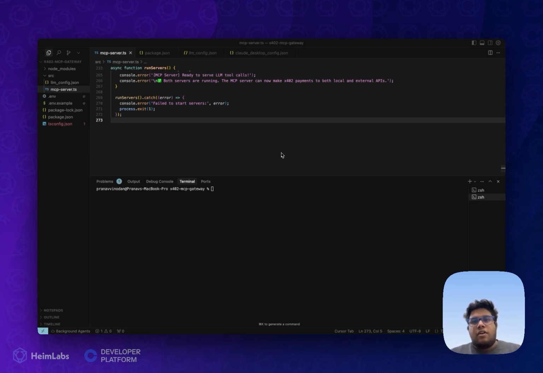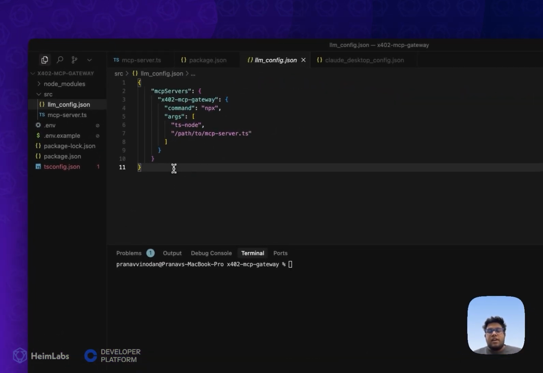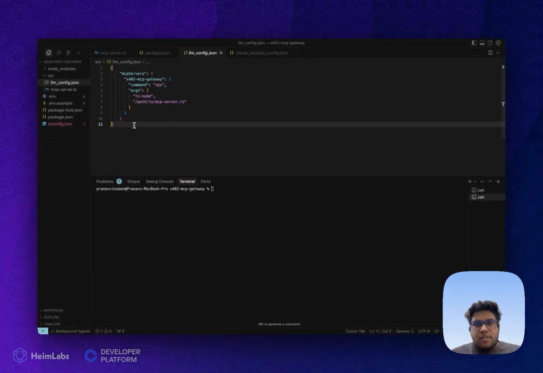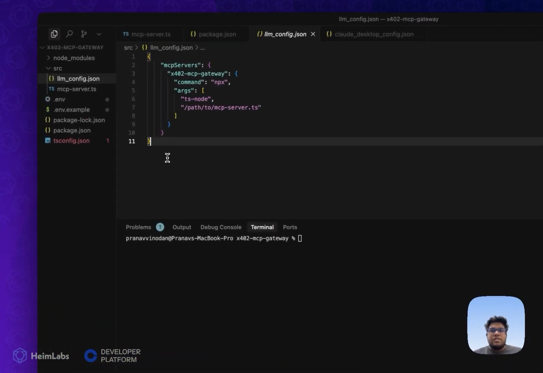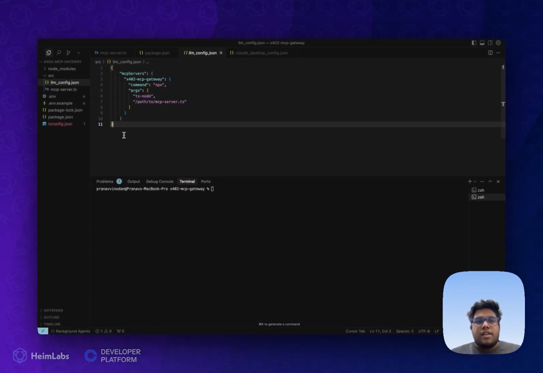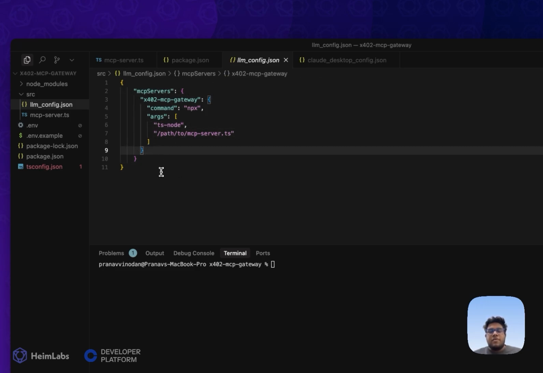You can use any AI or LLM providers that you like, ChatGPT or Gemini or any other providers that support MCP integration. You can integrate MCP servers to LLM providers by importing the MCP server configurations in a JSON file and using those JSON configurations for the LLM providers. The JSON configurations look something like this, where you mention the commands and the arguments to start up the server, so that the LLM provider can start up the server based on these commands and arguments.